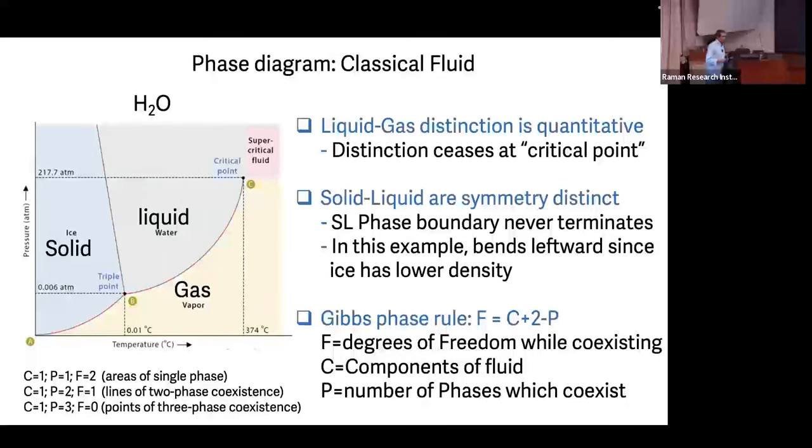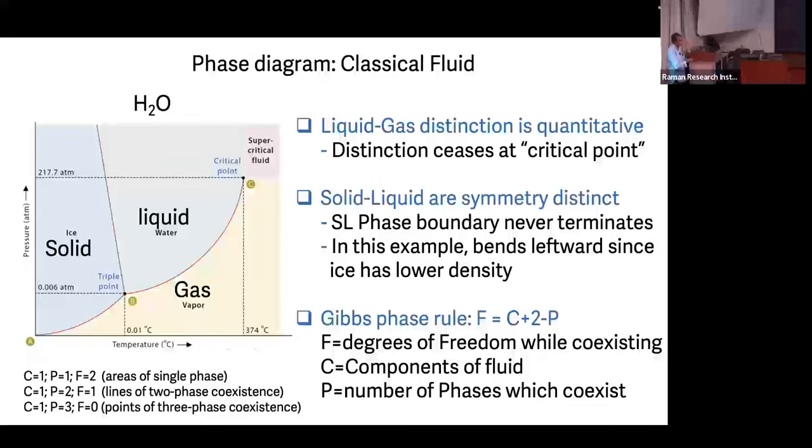transition, right? So if I have phases with no sharp distinction between them, except a quantitative distinction, then I really can tune parameters to go from one to the other without ever encountering a transition, right? Of course, at typical pressures you're not doing this. You have to go to much higher pressures to be able to go around this point, right? And so this here is a line of first order transitions that terminates in a critical point,